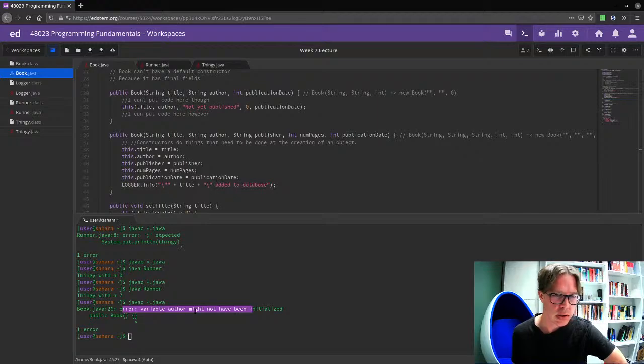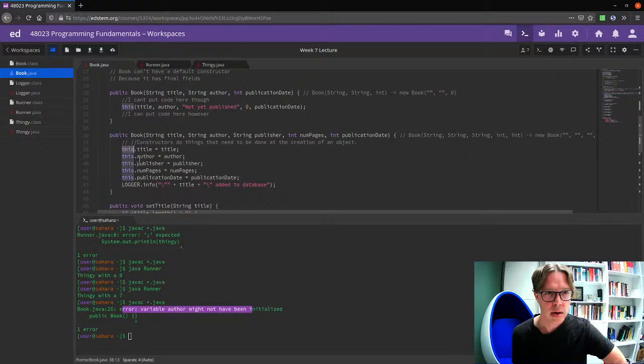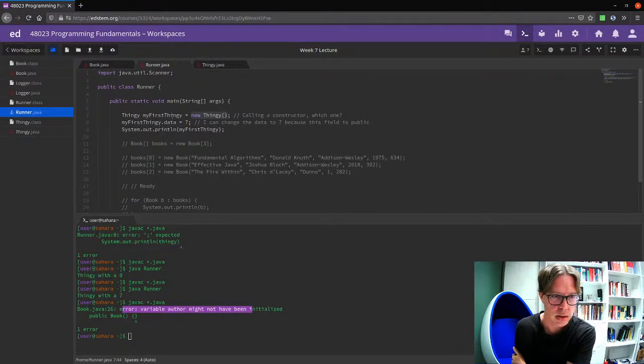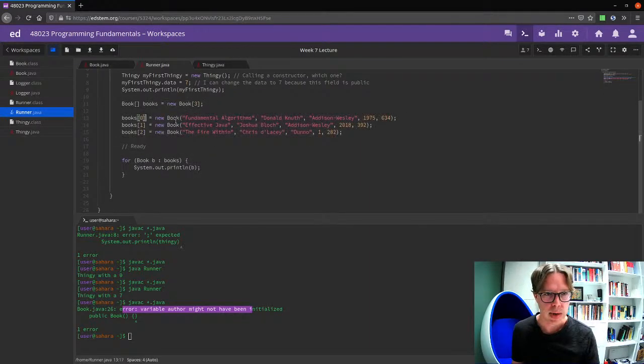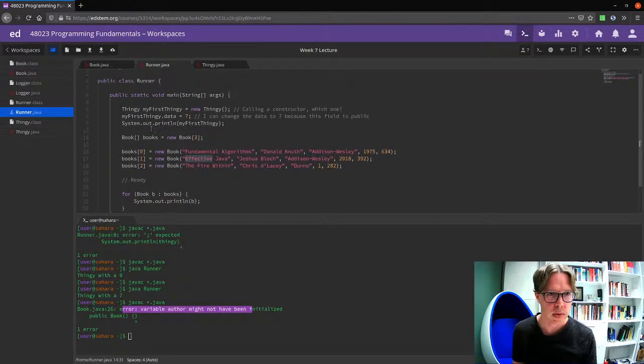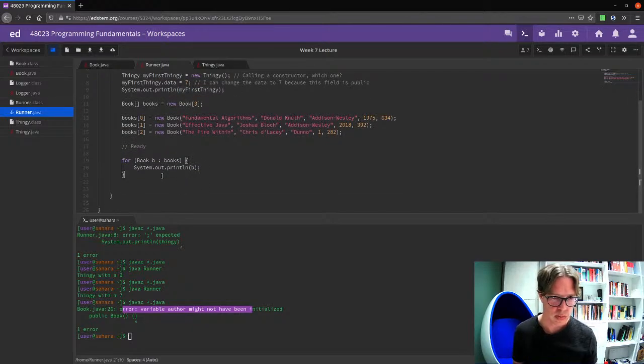What does this dot value do? So the keyword this refers to the current object. When you're defining the class, you don't have an object to talk about, right? But when you actually run it, so I'm going to uncomment this code here as well, you're moving values about. So where is one where I've called it? Yeah, so my first thingy dot data equals 7. So if I'd called a method there, let's print one. Books dot